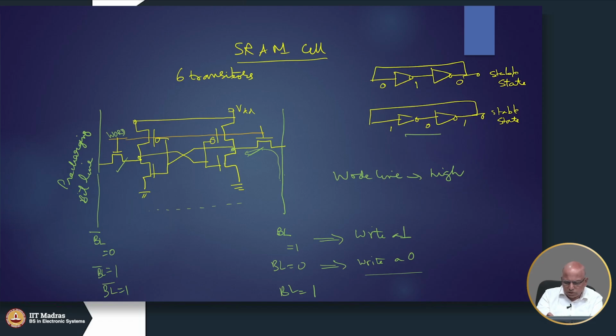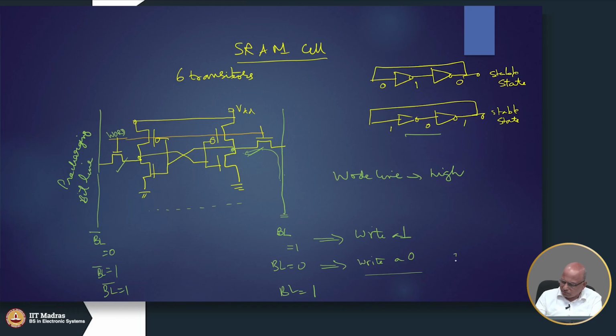So, this 1 is causing this guy to conduct, and now you are trying to bring in a 1 from this side, okay, and you will see a small reduction in this voltage. So, there is a very small drop in the output voltage BL, okay,